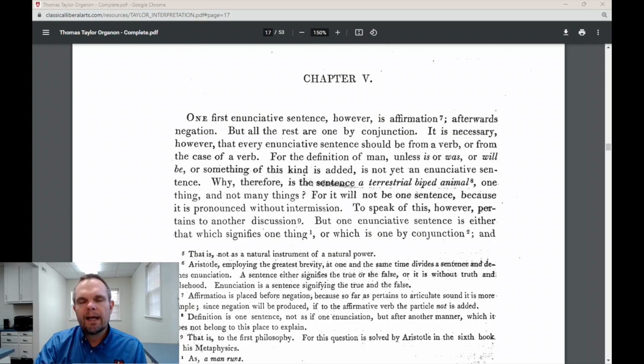He says that discussion is not appropriate in this place. That belongs someplace else. So that's a complicated discussion, and when he says this belongs to another discussion, normally the place where those discussions are found is in the study of metaphysics. Okay? So one point that I want to make here as we continue studying Aristotle is, as we read through the works of Aristotle, there's a lot of stuff that Aristotle talks about